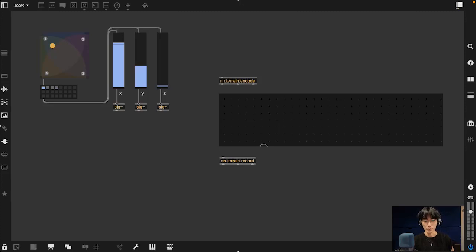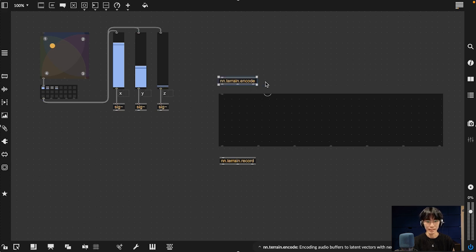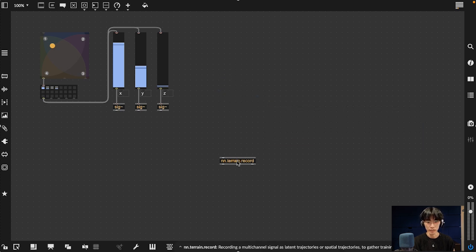Hello everyone, I'm Jasper. Here I'll show you how to use the recorder object to record training data for latent terrain. In the previous video, we talked about how to use the terrain.encode object to gather latent trajectories, and use the GUI, the X and Y pad, to gather spatial trajectories. So today we'll extend that to a three-dimensional control space, and we'll use the nn.terrain record object to record the